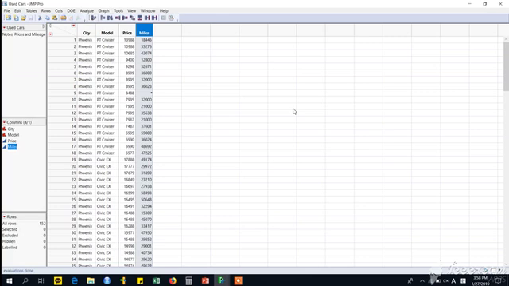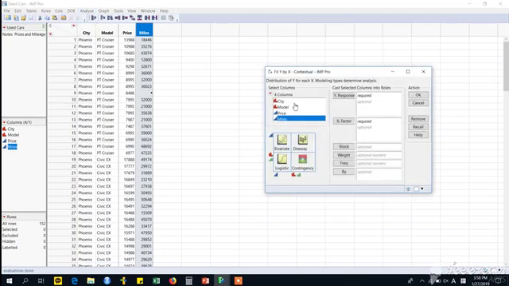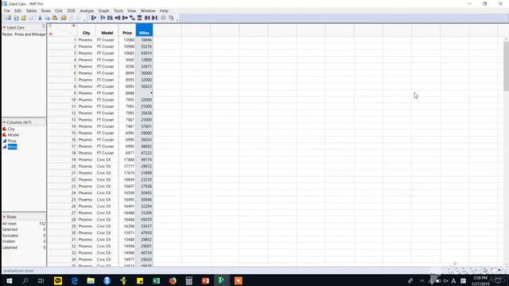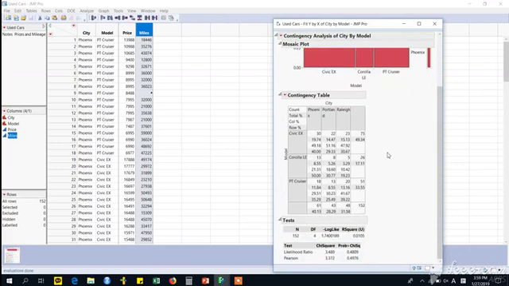My name is Joo Kim, and I'll be demonstrating the examples of chi-square test and the ANOVA test. So first, I'll be doing the chi-square test first. So we're using two categorical data, which is city and model, like this, and I click OK. So I see this mosaic plot, and if I go down, I see the result of chi-square test, and if I look at the likelihood ratio, I see